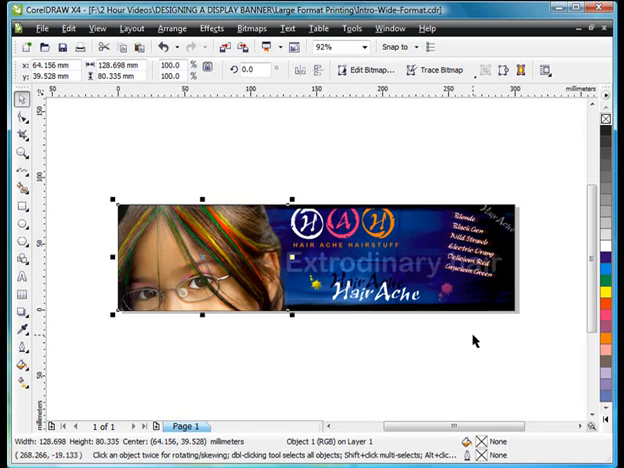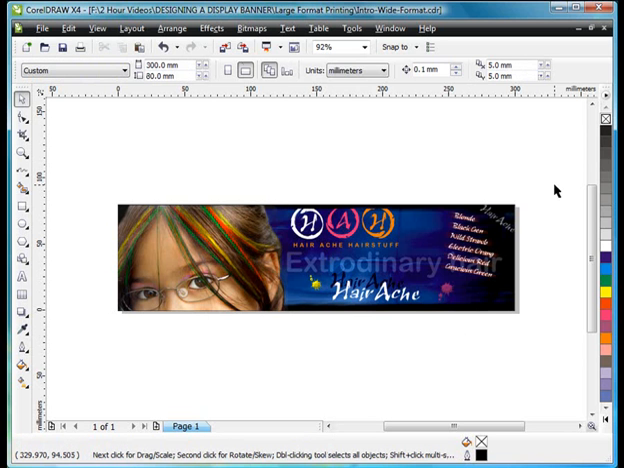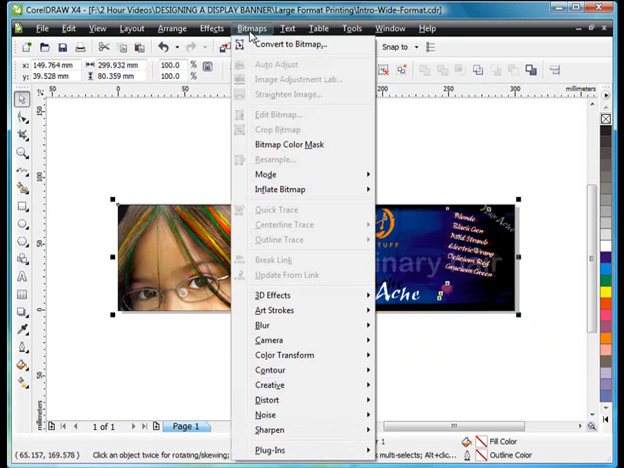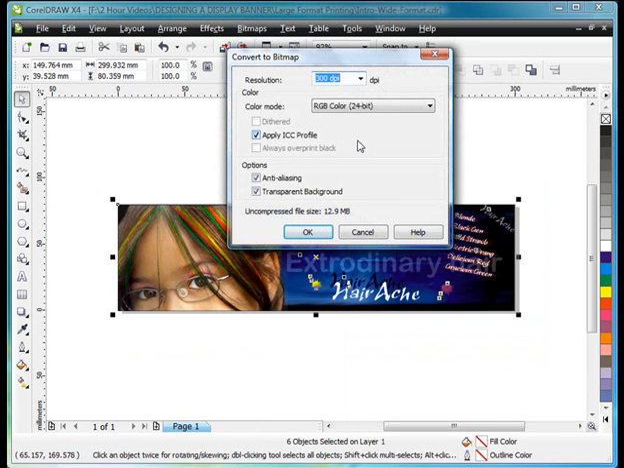Personally, that's not how I would want to do it if I were you. However, they may really want you to do that, so that's something you need to be prepared for. For me, I would convert the entire thing to a bitmap, just to help me play it safe. You see, if I select my entire image, go up to Bitmaps and Convert to Bitmap, and in fact, right now